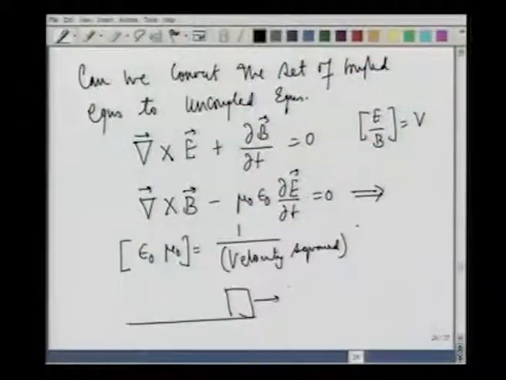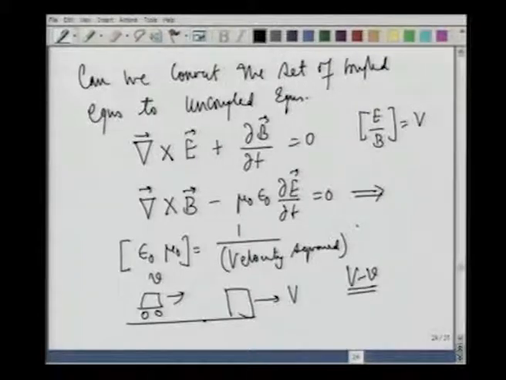You know that velocity depends on the frame of reference. If there is a train moving with a velocity v with respect to the platform, and I sit on a car and start following it with a velocity v, with respect to the platform the velocity is v, with respect to the car the velocity is v minus v. But epsilon naught is a number, mu naught is a number, and you determine them experimentally. Of course, you define mu naught to be 4 pi into 10 to the power of minus 7 or whatever, and then you determine epsilon naught. So, what is this velocity which is a pure number?